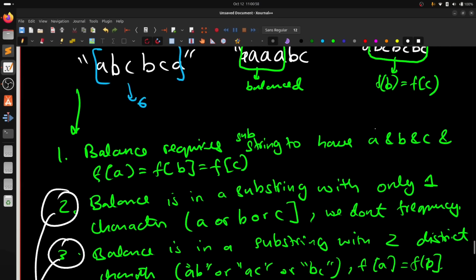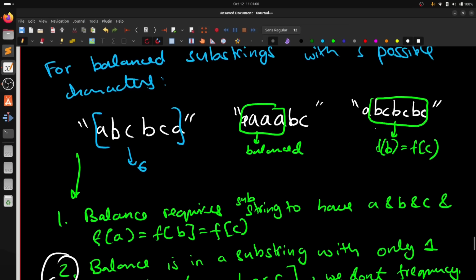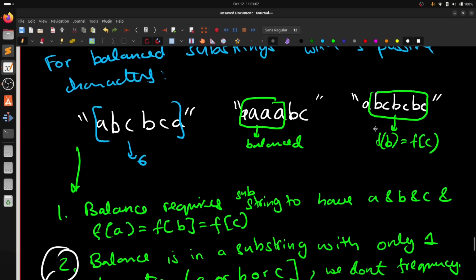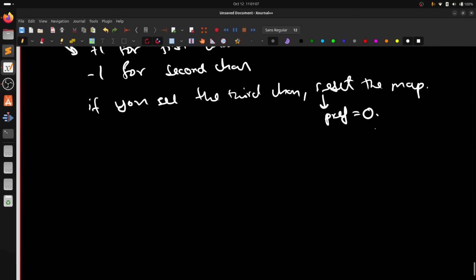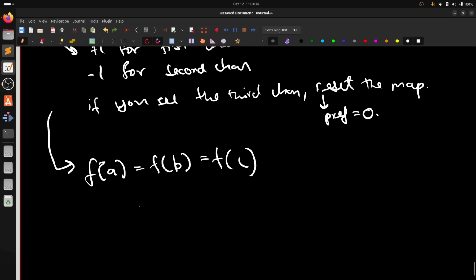Now what if the balanced substring is of the first type? It has all the characters A, B and C, and we need frequency of A equals frequency of B equals frequency of C. Well, that can also be solved with our original idea itself, right? We need to have frequency of A equals frequency of B equals frequency of C. And for this, what we can do is,